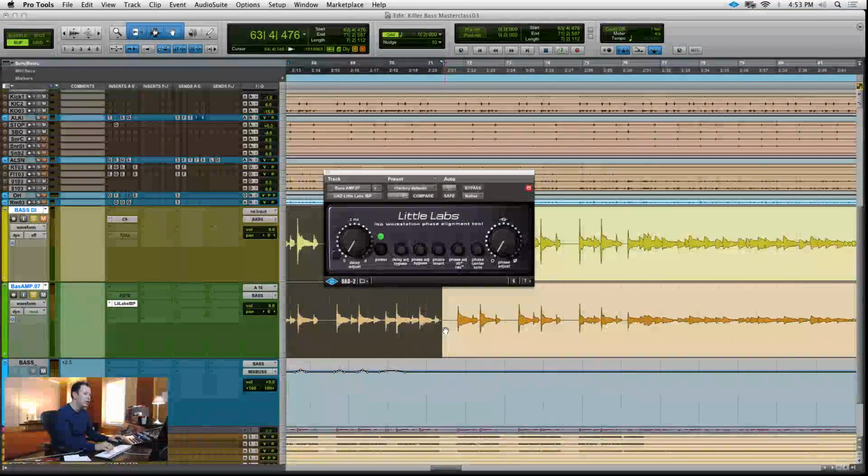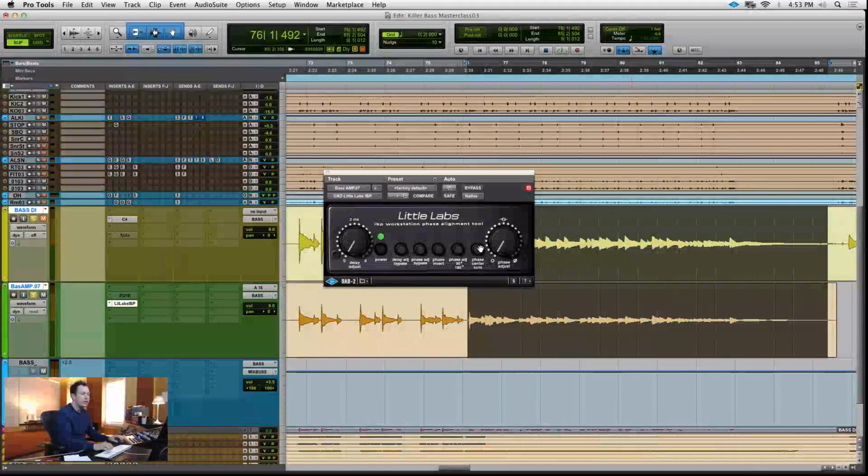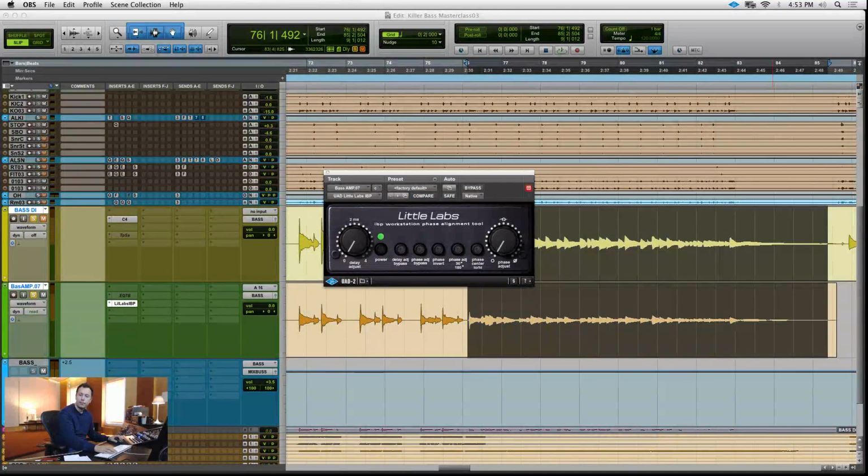We've heard these a lot. Let's hear the legato part, for example. And I'll show you while moving the delay adjust, and while moving the phase adjust, how things interact together. So